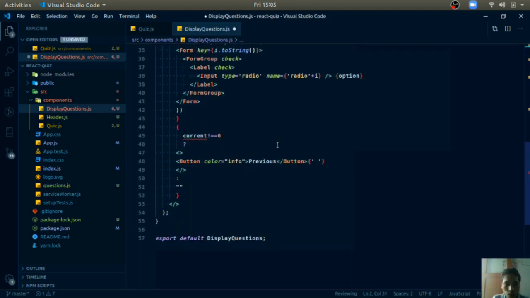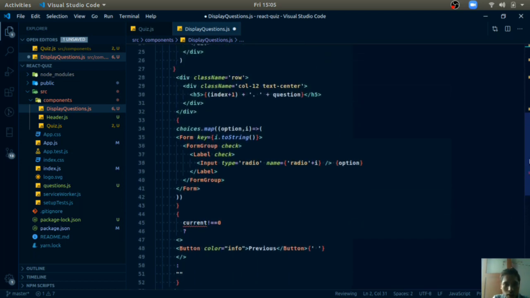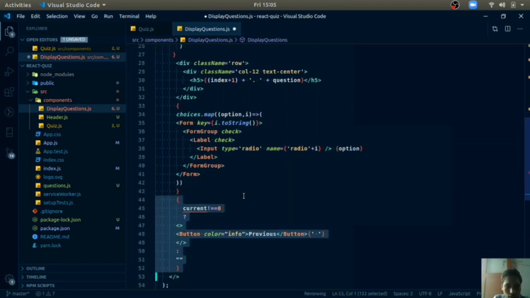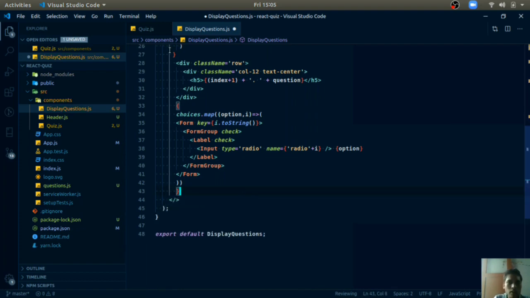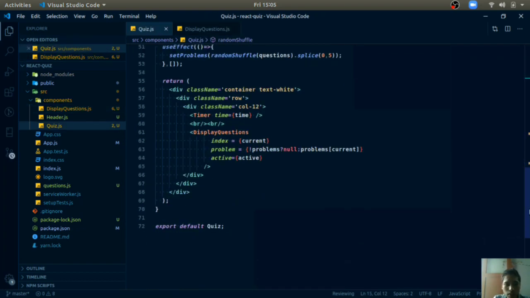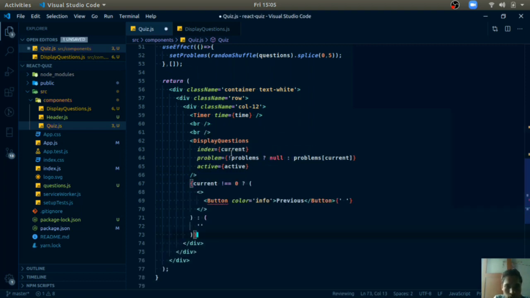Okay, now current is not defined. Oh, I have done this in the display question component. Just copy or cut this and paste it in our quiz component. By mistake I have done it here. It should be in the quiz component because it should be displayed at the end of every question, and it is related to the current of this quiz component. So just paste it here. If current is not equal to 0, then we will show this button, and otherwise we will just show nothing here. And similarly